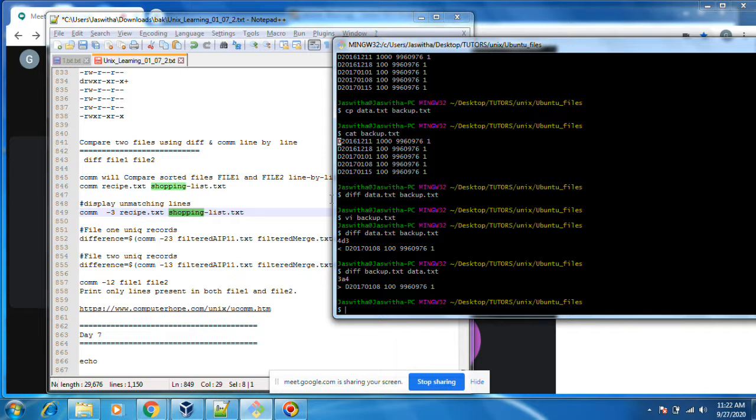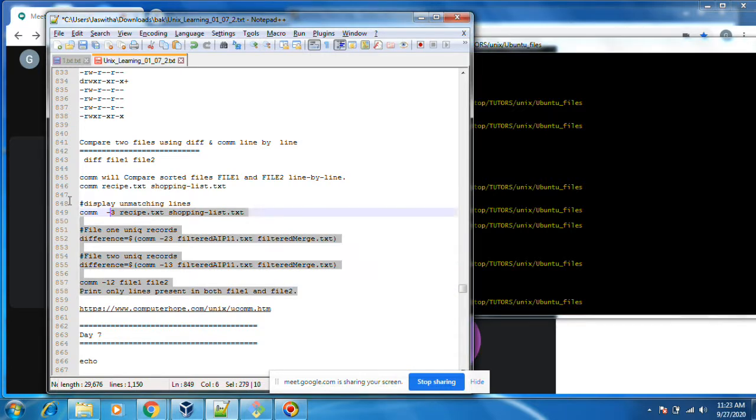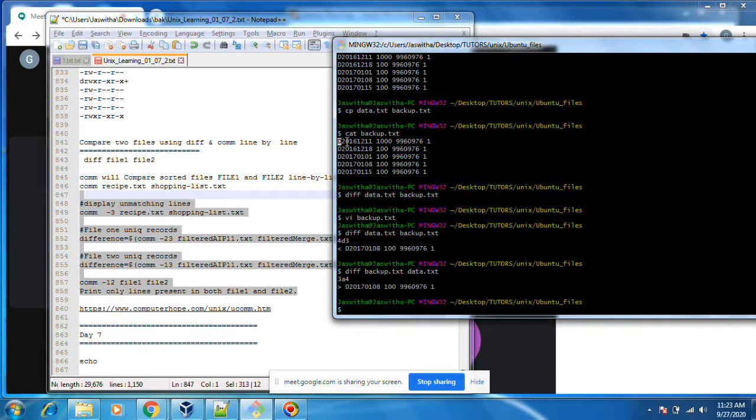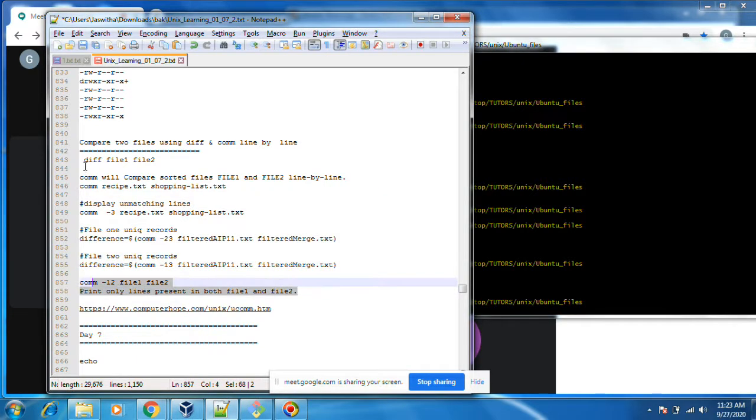First you need to sort this file, then sort the next file, then do this. Just read this one. Common and diff are for comparing files.